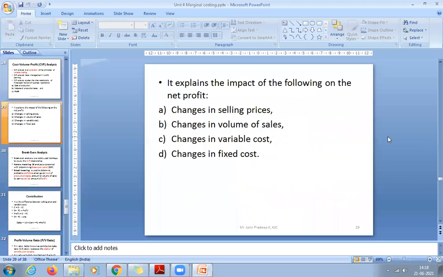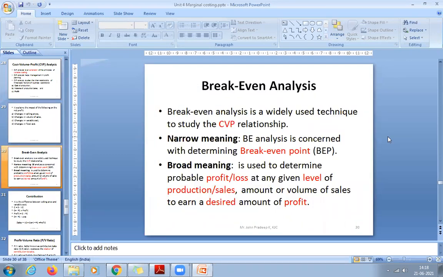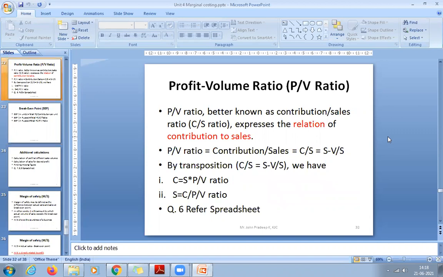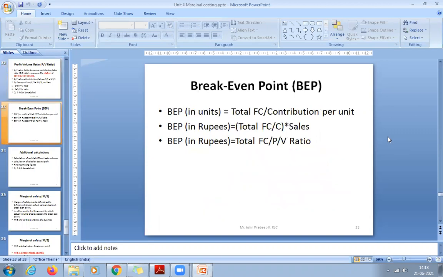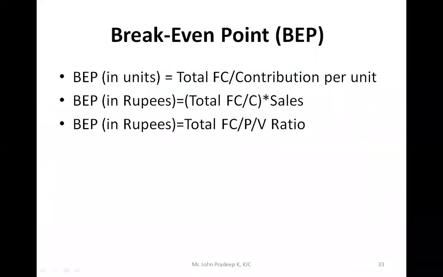Okay, so last class we discussed break-even point and the contribution, then we discussed the profit volume ratio. So today we will discuss the break-even point. So how to calculate break-even point? So you all know break-even point means what? What is break-even point? No profit, no loss. Yeah, that is a particular point or position where the company is not earning any profit, neither any loss.